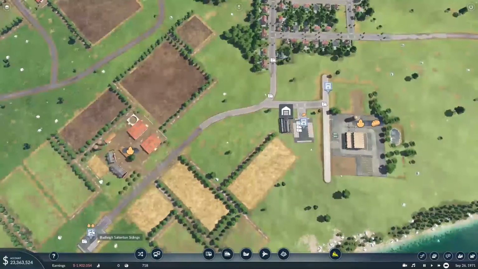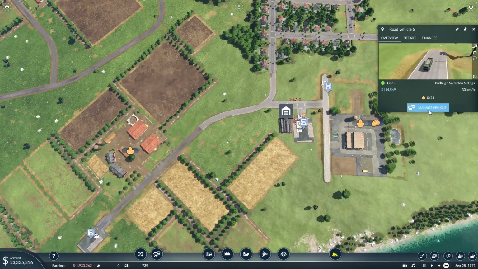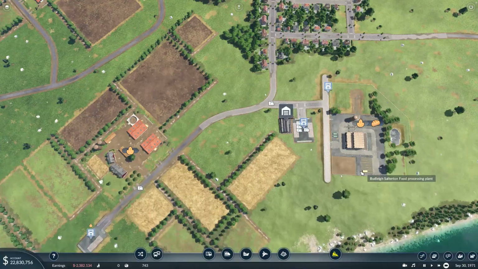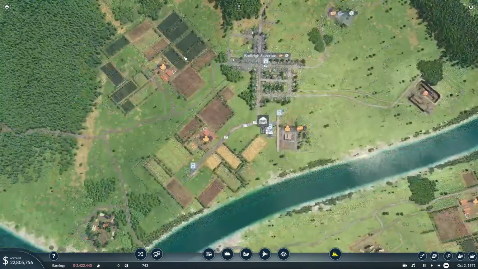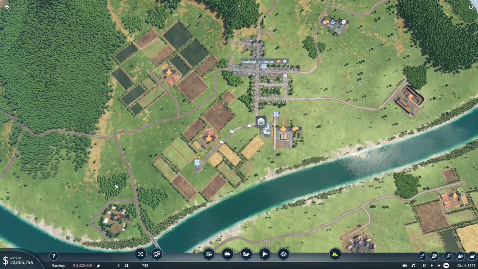I'm going to put 1 more truck on here. Manage vehicles, and you could clone that one. There we go. So for now, it just needs a bit of time for it to run through a little bit. So what I'm going to do while that's happening, first things first, if we click on the money